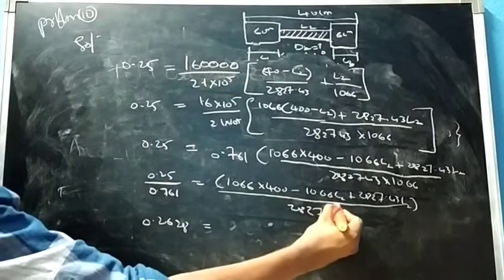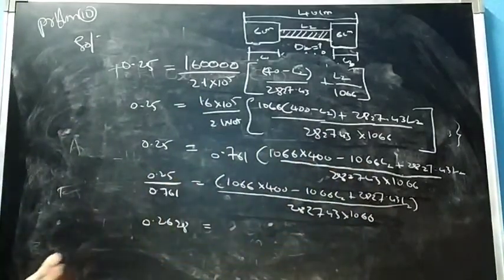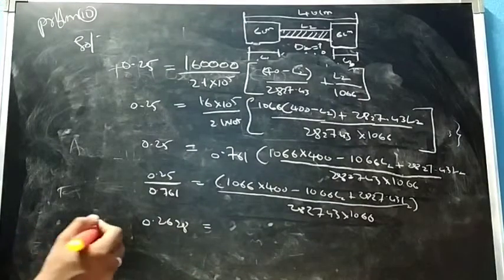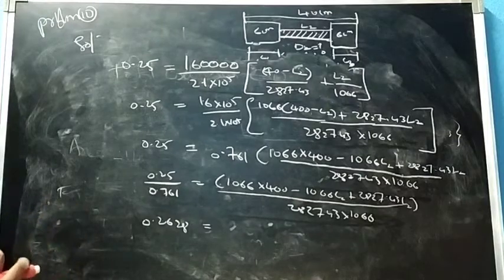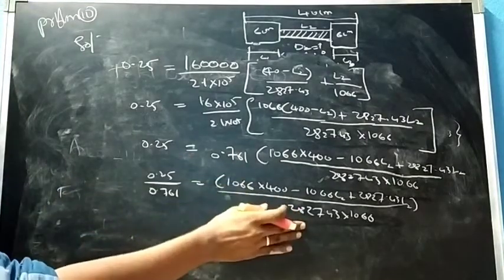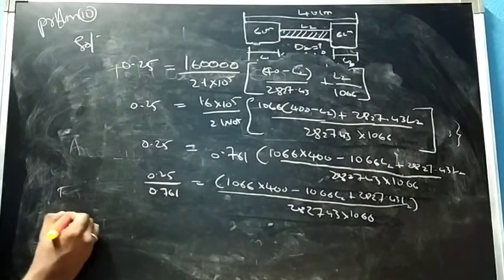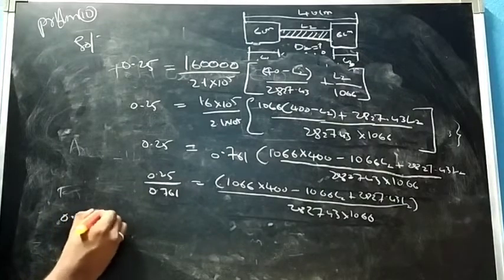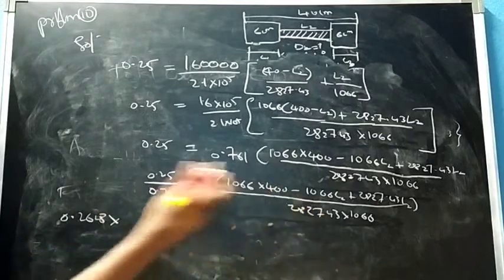Send this on the right hand side, so we get 0.2628 into, send this here on the right hand side,